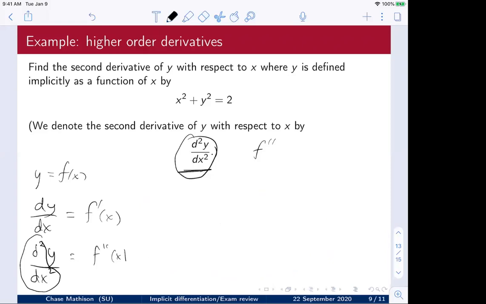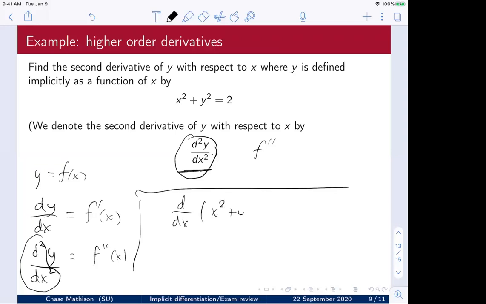All right, so with this equation here, x squared plus y squared equals 2, just a circle with radius square root of 2, I want to find the second derivative of y with respect to x. Okay, so the way we're going to do that is, to find the second derivative, you need to find the first derivative, right? So let's find the first derivative first, and then we'll find the second derivative second. Okay. So to find the first derivative,